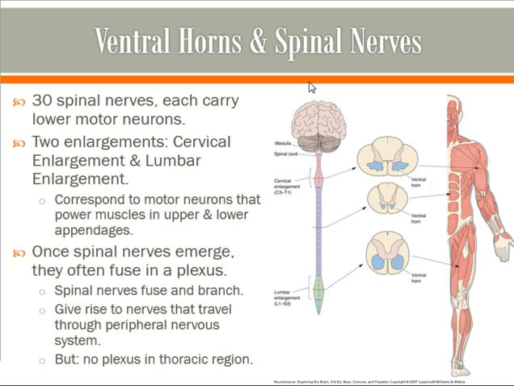And each of those does have a ventral horn of gray matter that is the location of cell bodies that will carry motor information out in that general region. So, my cervical spinal nerves are carrying motor output that's going to muscles in the region around my neck, whereas my lumbar area is carrying spinal nerves that are going out into muscles around my torso or down into my thighs, and so on.